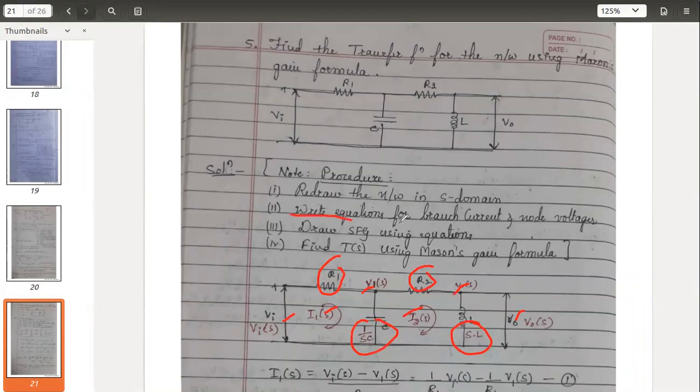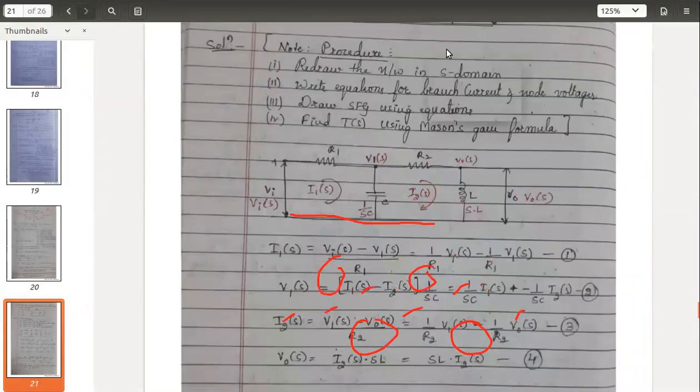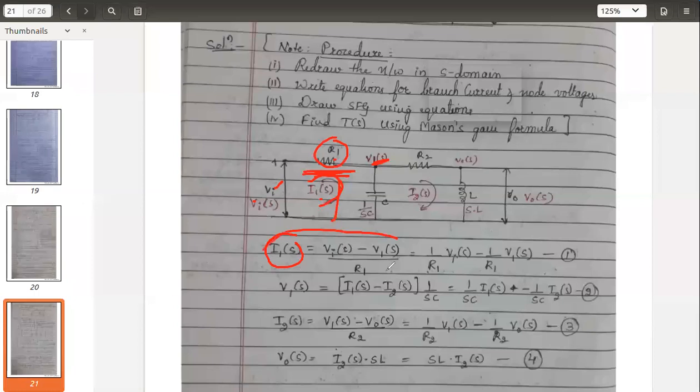Then second step, you have to go for the equation writing. You know already how to apply the KVL and KCL. So let me quickly take this. First, I will go for the current I1. How can you get it? Current through this resistance R1, that is I1, is Vi minus V1 divided by R1, right? Or you can simply split this denominator, and you will get this equation 1.